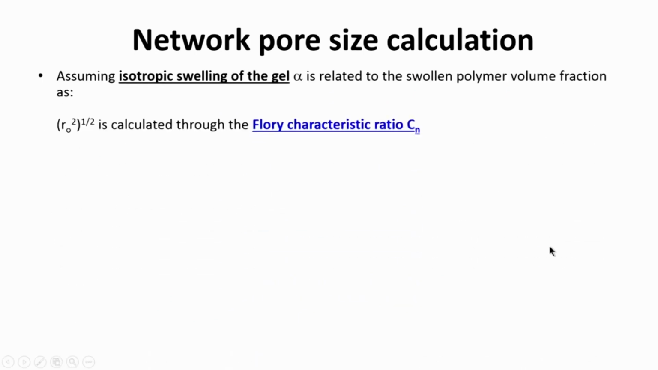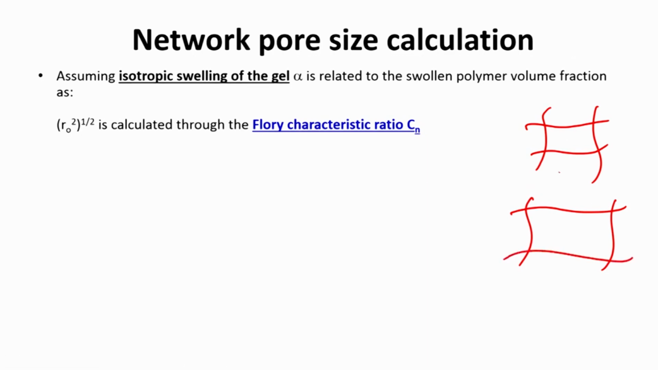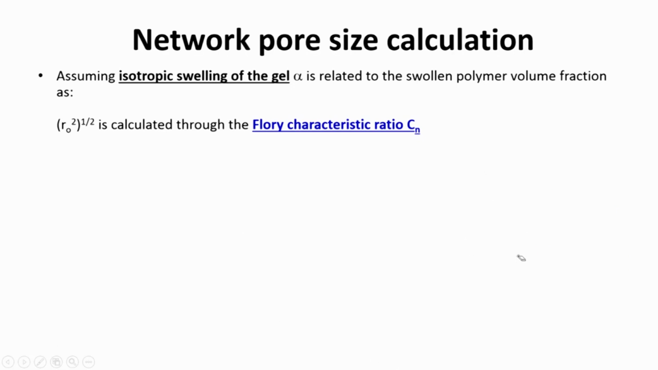Now assuming that there is isotropic swelling of the gel, what that means is, let us say if this is the swelling, then it is happening isotropically, which means that all these lengths will increase, rather than just having an increase like this. I am saying that this is wrong, but this is correct. This is isotropic swelling, and that is a good assumption to make unless there is some inhomogeneity in the gel. So if I assume that,